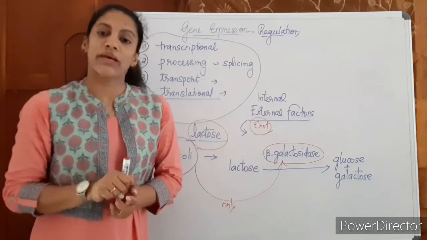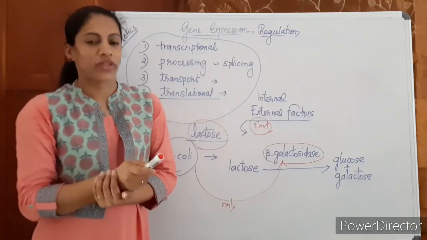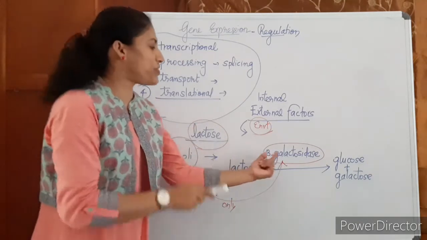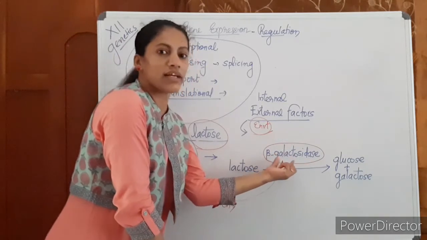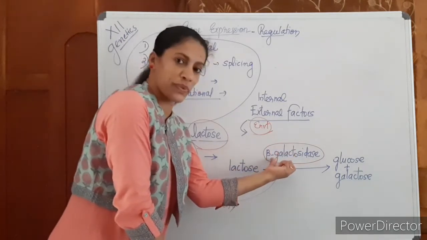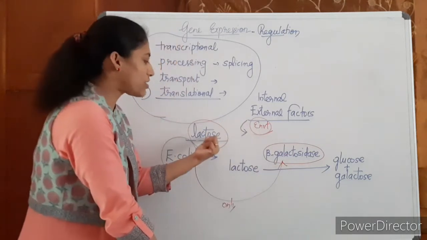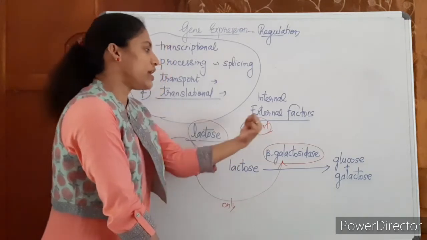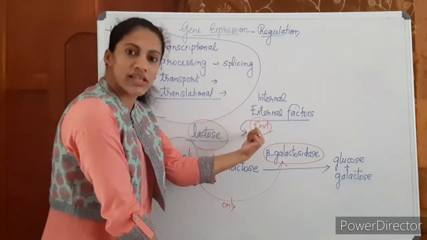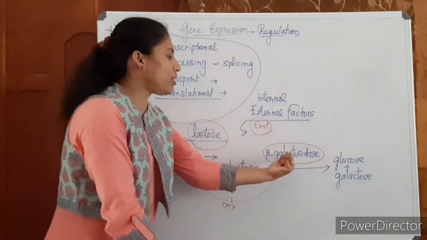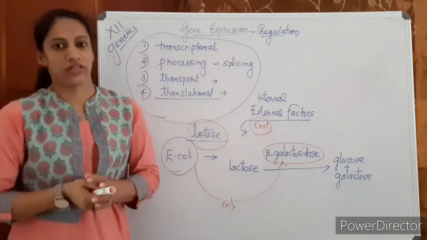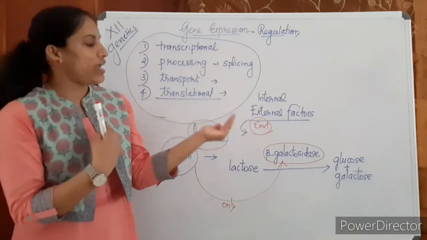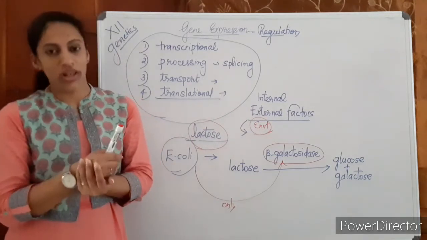Okay, almost all enzymes are made up of protein. So understand what is controlling the gene expression here. Here the gene expression is, which gene expression? Gene for beta galactosidase enzyme. That is expressed only when there is lactose in the environment. Okay, so what is controlling the gene expression here? Environmental factor. If lactose is present as an environmental substance, nutrient, then only the gene for this is expressed. So understand, not only our body, internal processings, the environmental factors also can control gene expression.